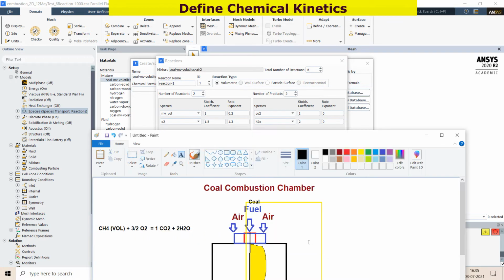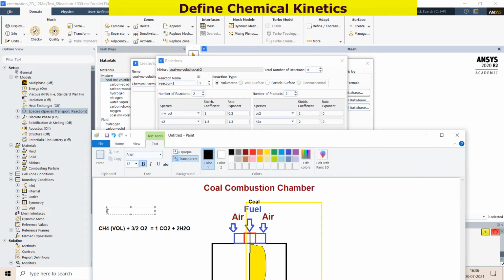Here you can select it based on this being a volatile matter. That means there is a hydrocarbon. It may be methane in gaseous state. And what are the reactions in this volumetric reaction? These are volumetric reactions. These are in the gaseous phase, gas phase reactions. Gas phase reaction means these are not related to the particle. This is also called a homogeneous reaction. Please note it is also called a homogeneous reaction because of homogeneous mixing this reaction takes place.